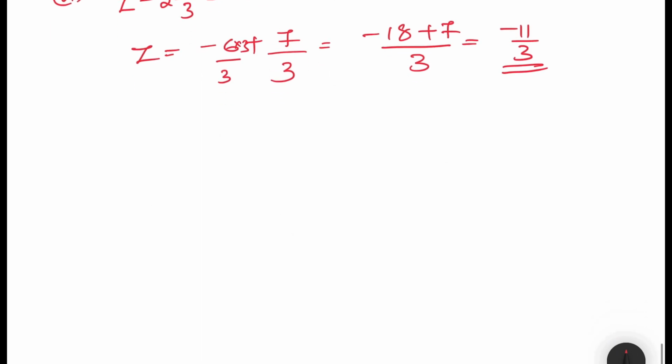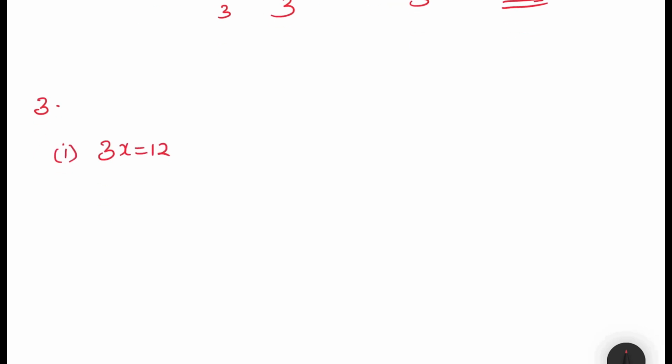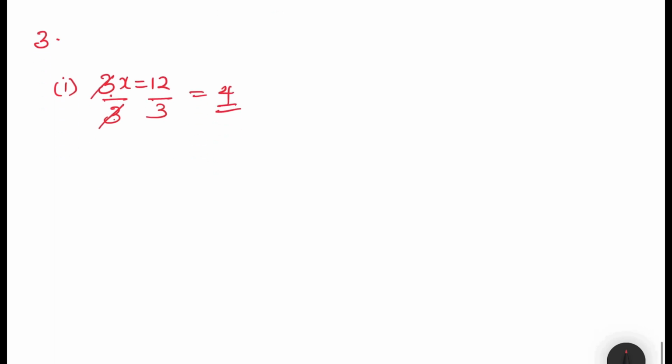Okay. Now let me move to the third main. In the third main you have to solve 3x equal to 12, the first sub question. In this case this is how we are solving it. You need to take out this 3, right? So let us divide on both sides by 3. Okay. So 3 and 3 will get cancelled. Whenever you do something to one side of an equation, the same method should be applied to the other side also. Okay. So 12 by 3 is what? 4. So the value of x is equal to 4.